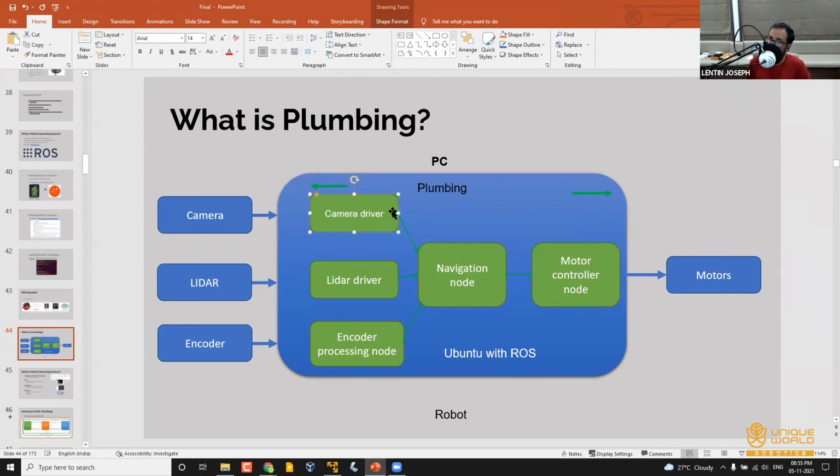It's actually exchanging of data, sending and receiving. The robot operating system is for this purpose. Robot operating system is for communication of data between different programs or different nodes in your computer.